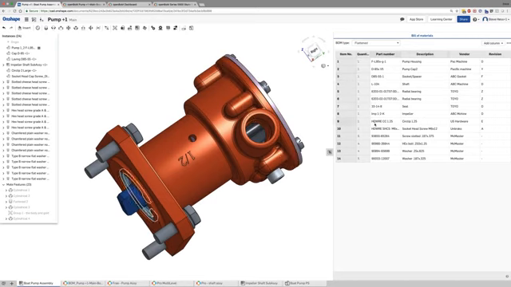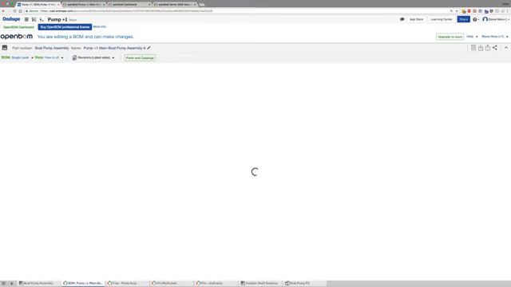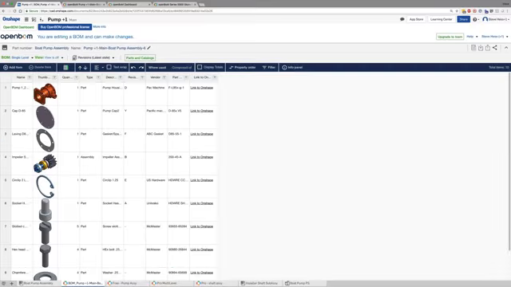So that is the same behavior for all these properties, and it's bidirectional. And like I said, the updates flow in both directions. So this is a very sophisticated bill of material for free using OpenBOM.